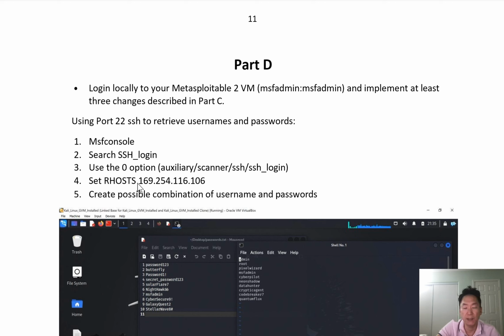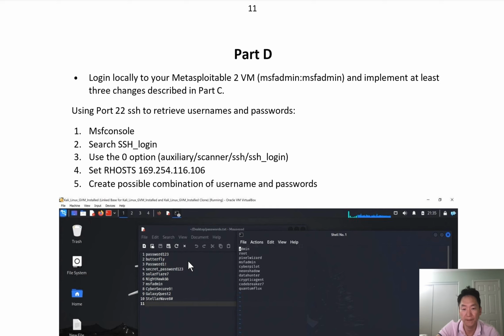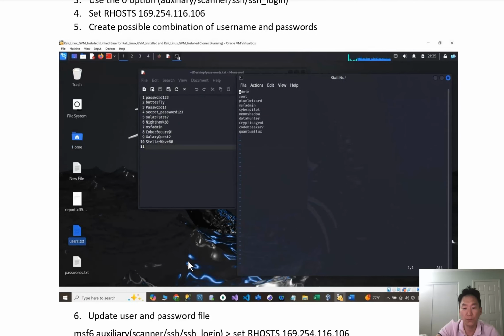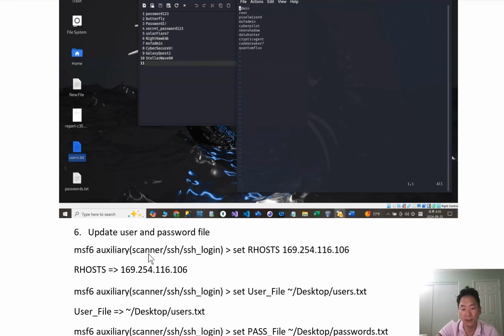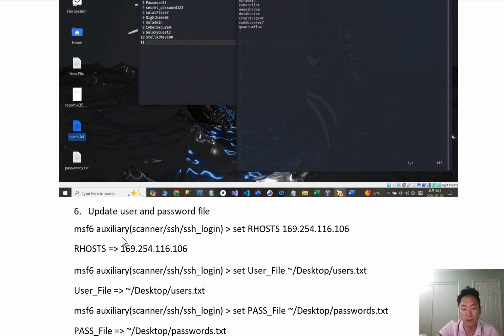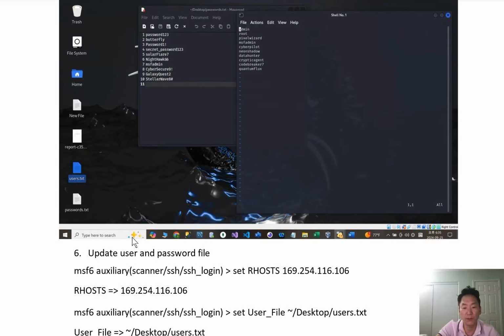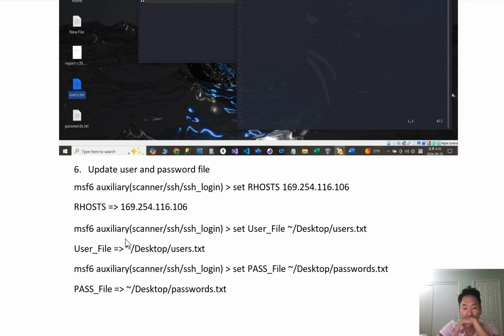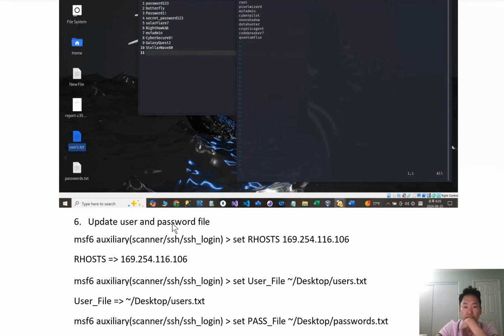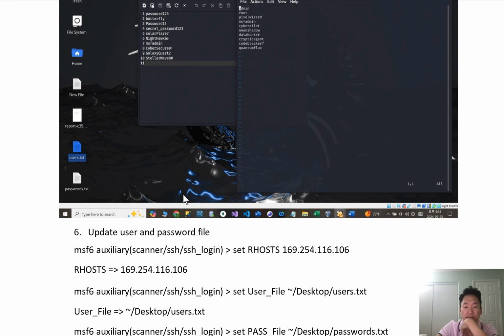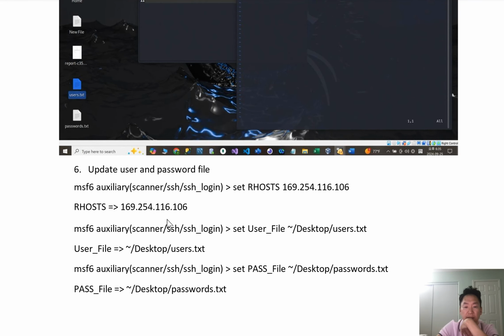And then what I did was create a possible combination of user and password like this. And what I'm going to do is try the username and password against that host through port 22, and this is the way to do it. This is the file that I saved, and then I'm replacing the user data and password data using this command,